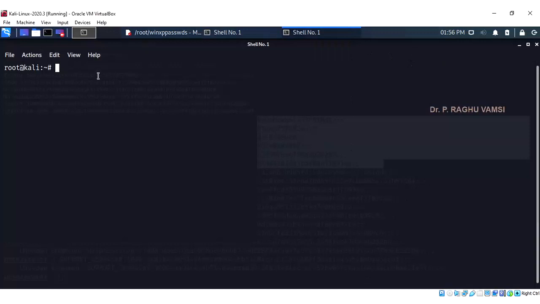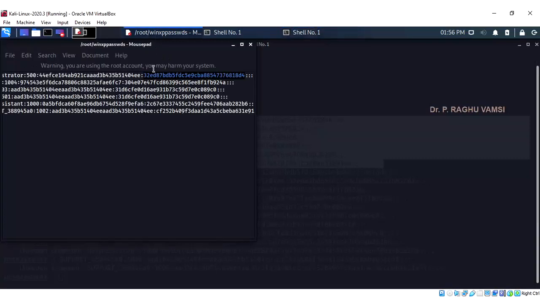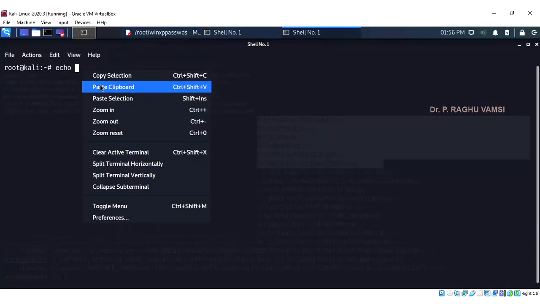Open a new command prompt, and there you type echo and copy the selection, that is the first one, that is 44E, and this one. Copy it, just to paste here.